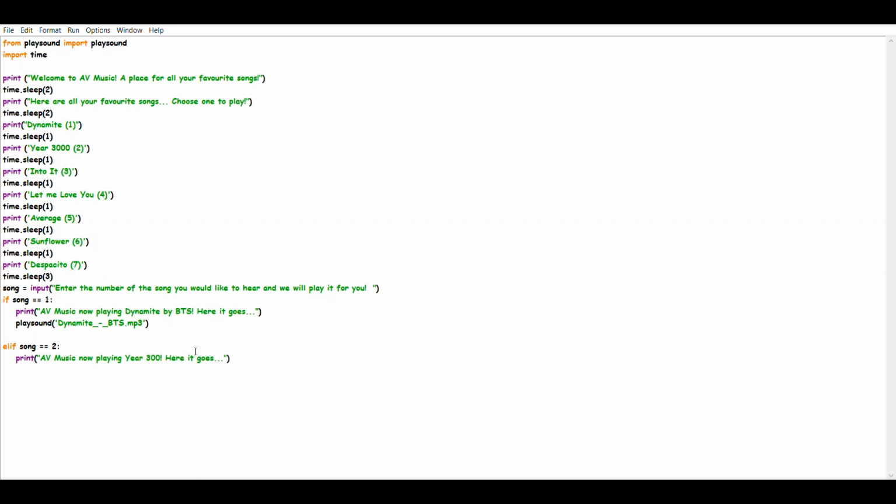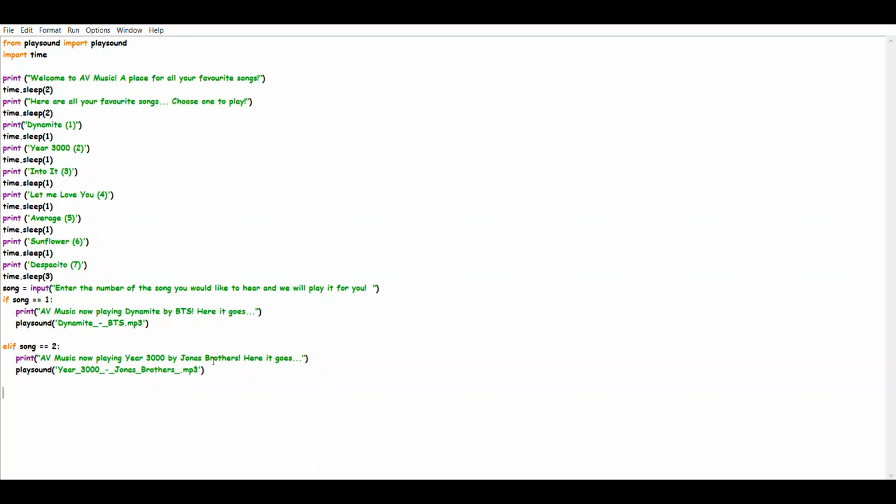Year 2000 by Jonas Brothers. Here it goes. And then again play sound. What is the second one? Here it is. I'm copying it from my file explorer. So here, you have to copy paste it exactly, otherwise there are going to be problems.